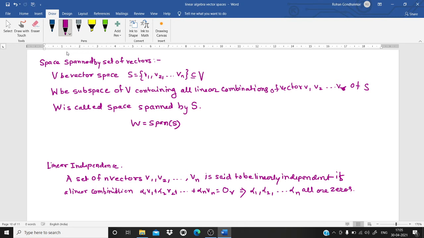Fine. It's very important. See, I have a set of vectors. I try to express a zero vector as a linear combination of v1, v2, and so on up to vn. So I need some scalars. If all the scalars are zeros, then we can say the set is linearly independent. Let's take an example first, which will elaborate this in detail.